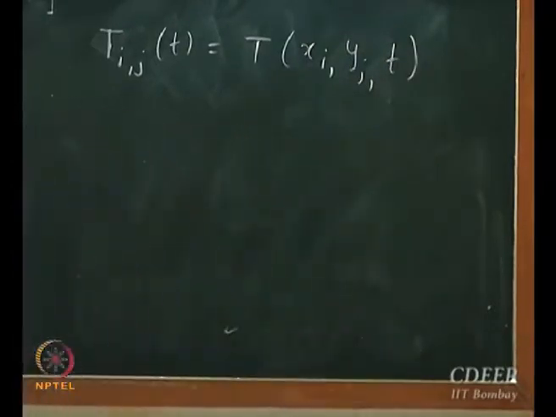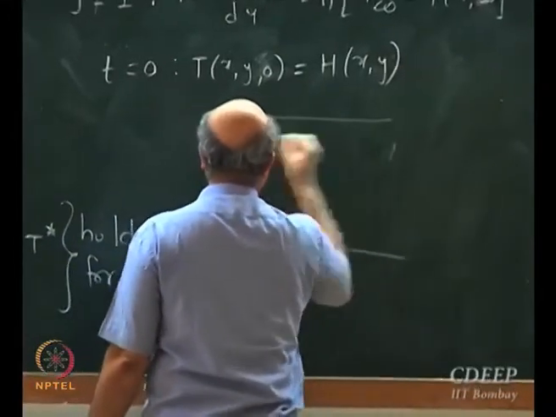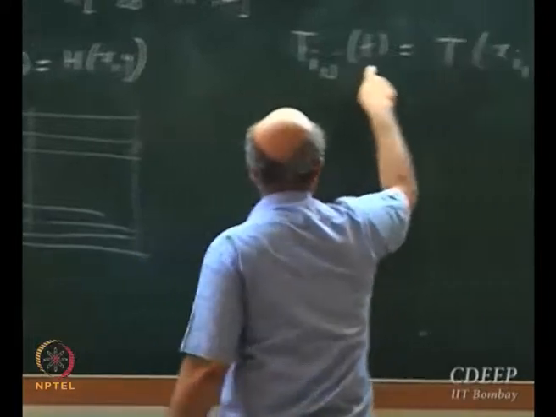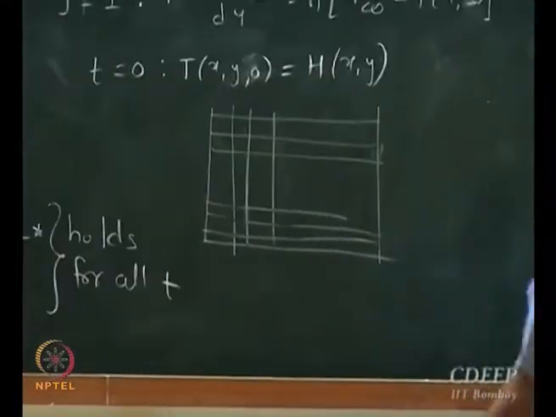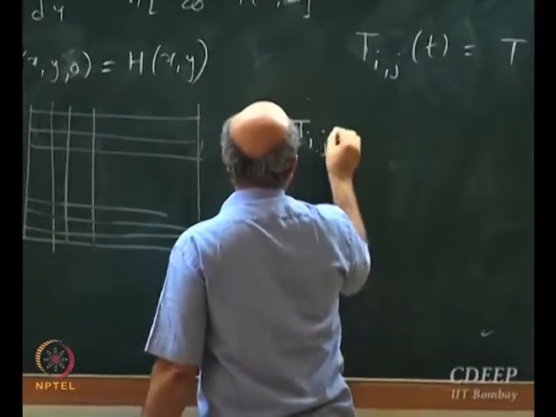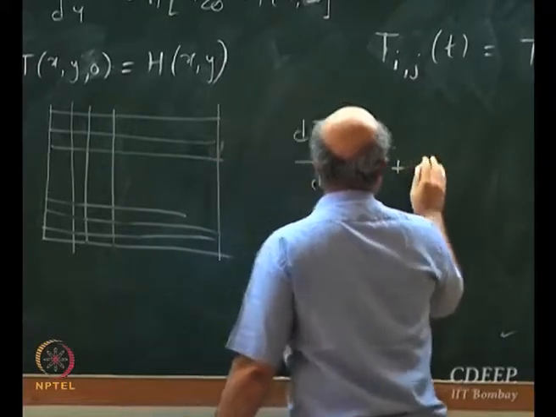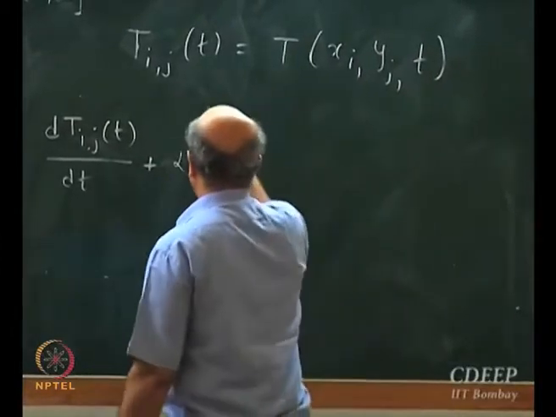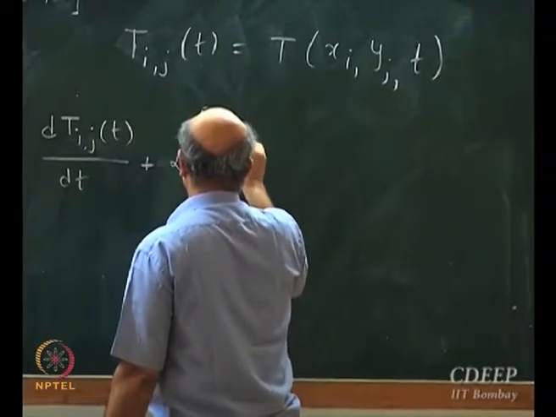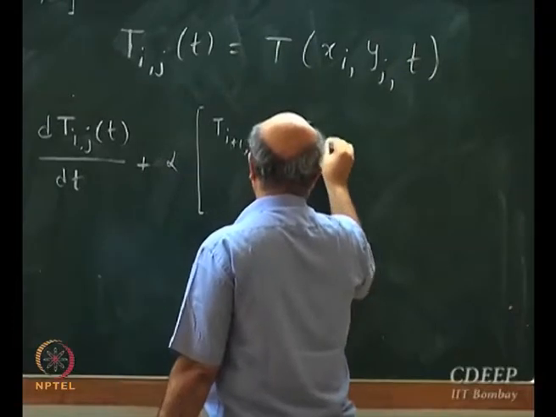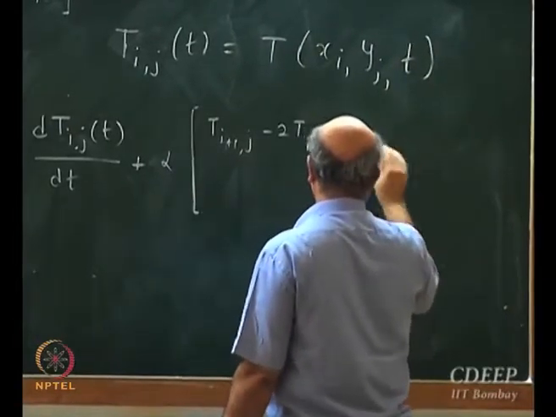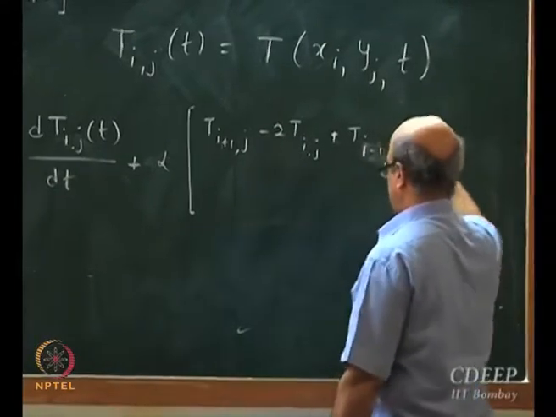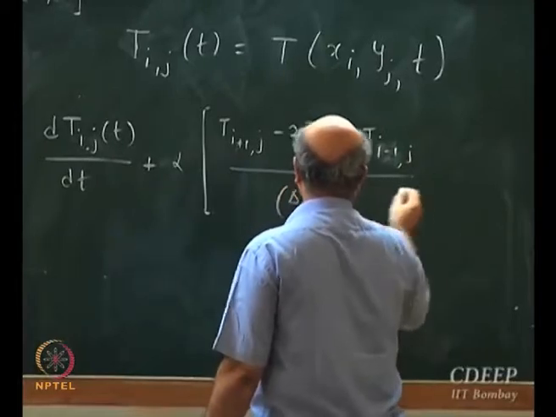Like in the previous case, I have created a grid and I am at the ij-th point, the time variation I am going to write like this, and then I will discretize this problem as d T i j by dt plus alpha times, now I will approximate this as T i plus 1 comma j minus 2 T i j plus T i minus 1 comma j, divided by delta x square plus